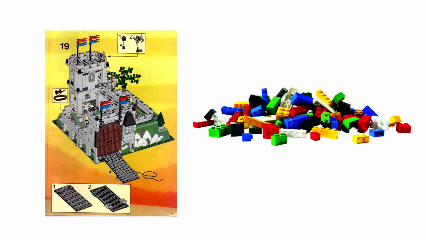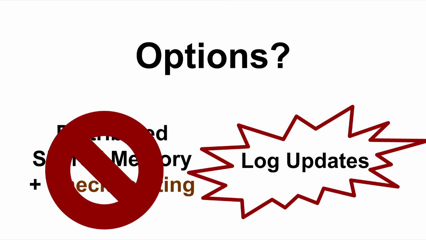And if Spark lives up to its promise, it should be able to recompute that castle just as fast as you bringing back a node. And in most of its testing and benchmarks that it's published, it actually is able to. So essentially, we take the options, we eliminate the distributed shared memory, because that's really complicated, really costly, and we stick with logging updates. Now, I should qualify this.